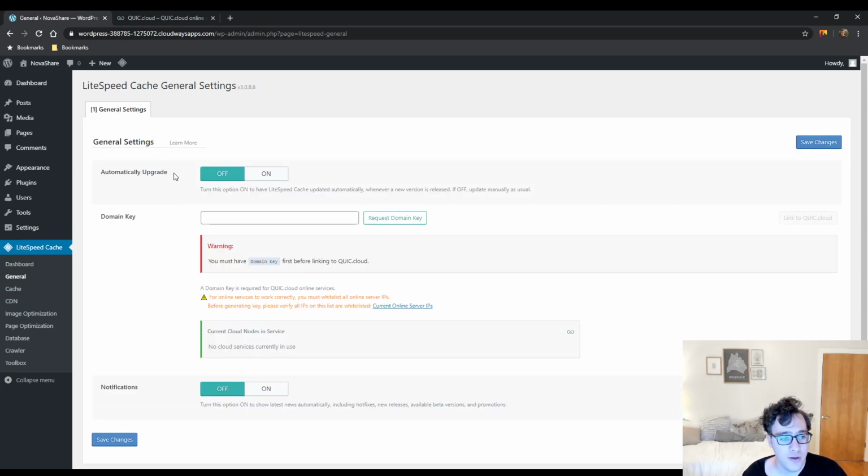So when you install this plugin, you have this nice little general settings tab. This is where you're going to put your domain if you have a quic.cloud service. You can choose to enable automatic updates. My general advice is with plugins that have impacts on the front end, so things that are not like WordPress, which are security based, I typically recommend not having them automatically upgrade, solely because if something goes wrong and you